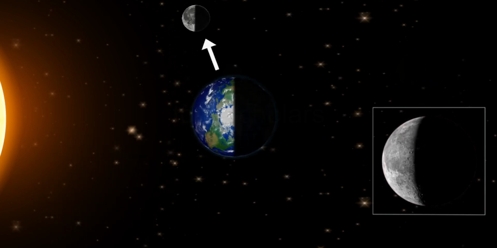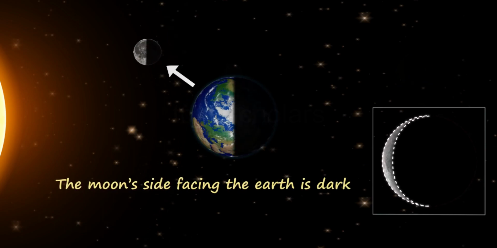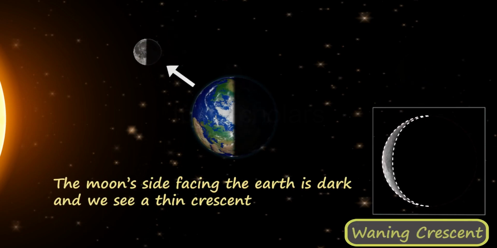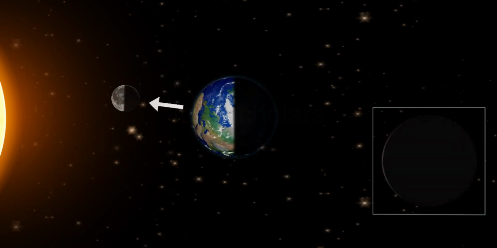Now further along the path, the moon side that is facing us is dark and we see a thin crescent-shaped moon. And when the moon moves ahead, we